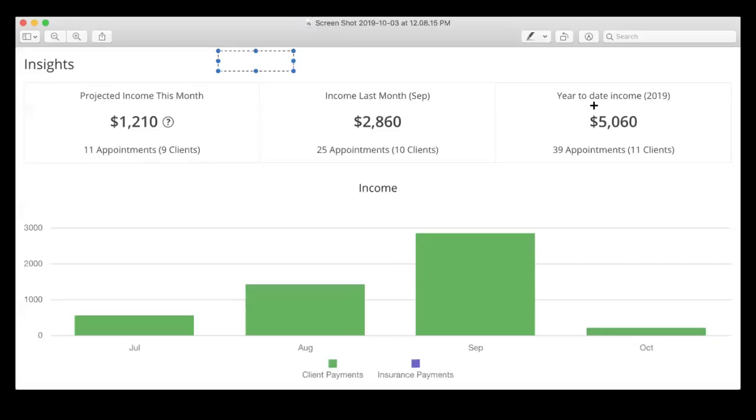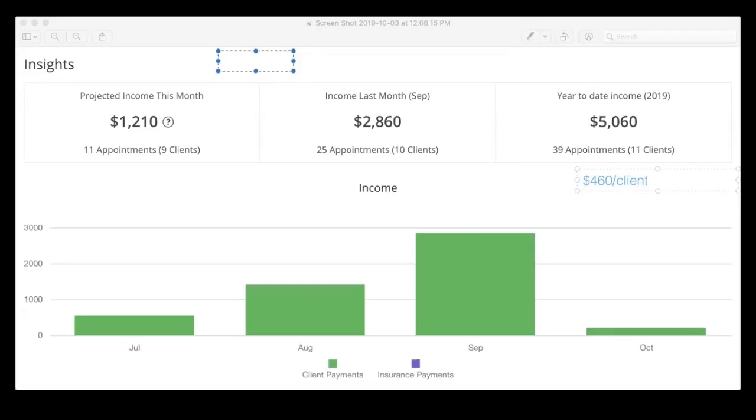So all I'm going to do to calculate lifetime value is look at 5,060 divided by 11, total revenue divided by total customers. 5,060 divided by 11 is 460. Okay, I'm going to type that in. So right here is $460 per client right now.